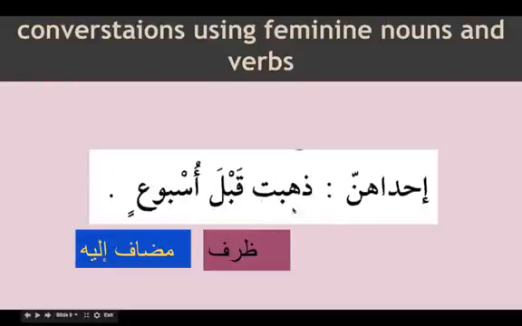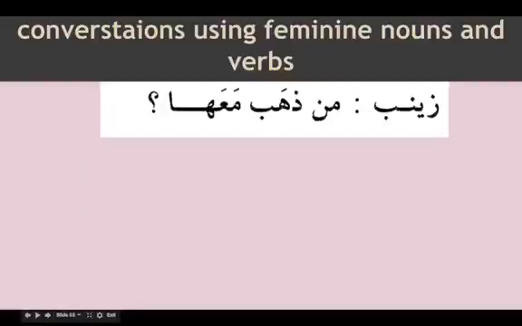Even if there is no vowel sign, we know it is not zahabta or zahabti, because that doesn't make sense. So when we are answering, it's asking about hiya. So zahabat is ta' taniith. To look for the fa'il, we don't see it, so we say mustatir taqdiruhu hiya, and that hiya goes back to ummu. Qabla usbu'in, qabla is zarf, usbu'in is mudaf ilayhi. She went before a week. Usbu means week, before one week.